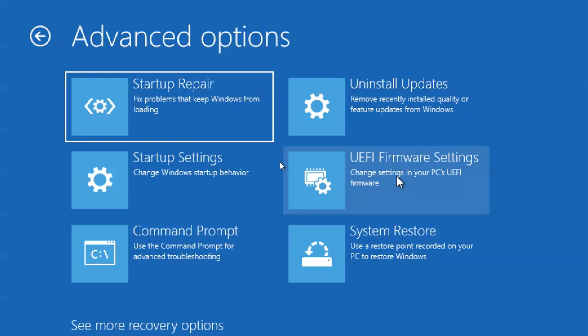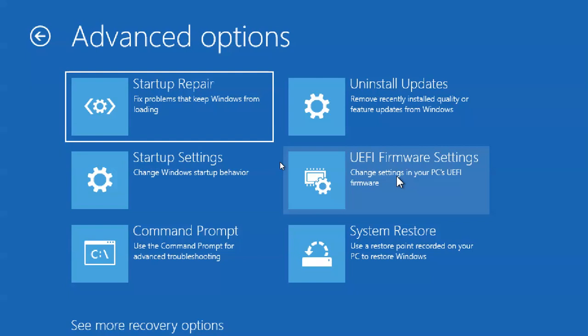System restore: if you have a restore point and you install some application, and after installation you got some problem, go to system restore to an earlier state.